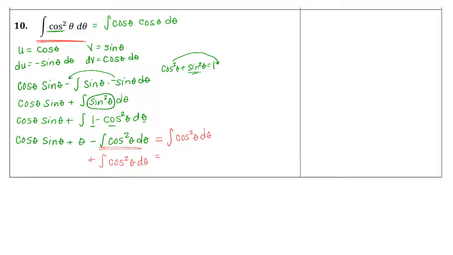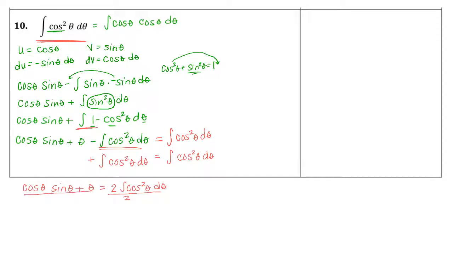So I'm going to add an integral of cosine squared theta d theta to both sides. So that's going to leave me with cosine theta sine theta plus theta. Again, that's coming from integrating just 1 there. And that's going to be equal to 2 times the integral of cosine squared theta d theta, which again is really strange. And then we're going to divide both sides by a 2,